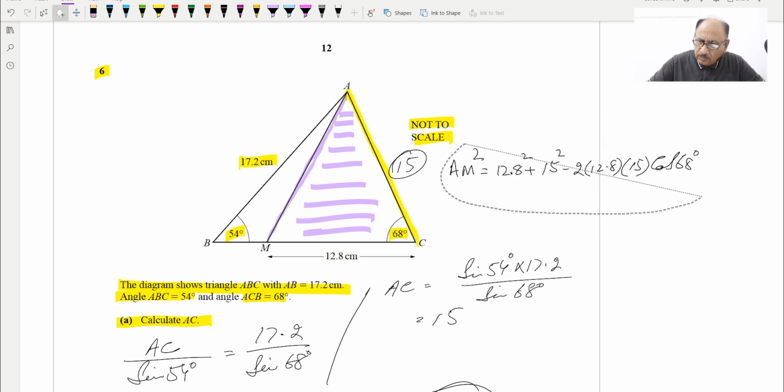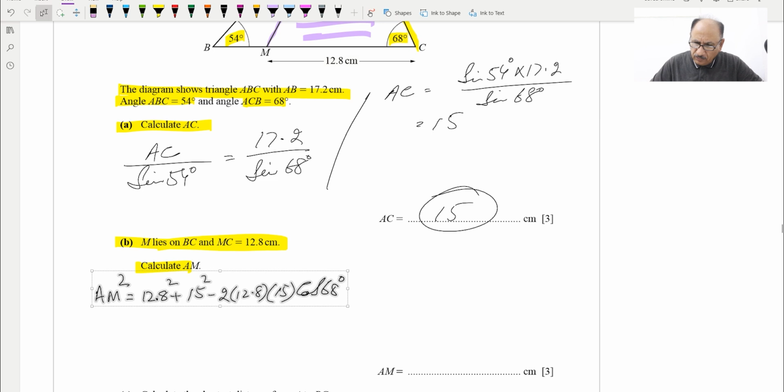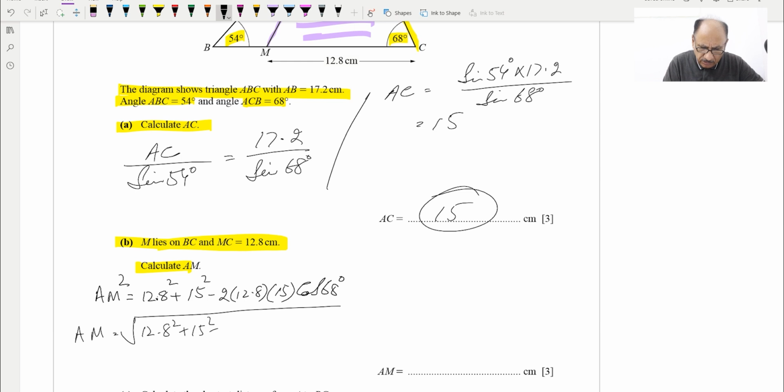So I will shift this at the proper location, which is over here, and now we can write it as AM will be equal to square root of 12.8 square plus 15 square minus 2 into 12.8 into 15 into cos of 68 degrees,